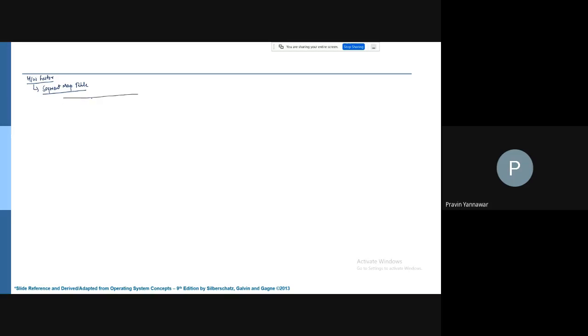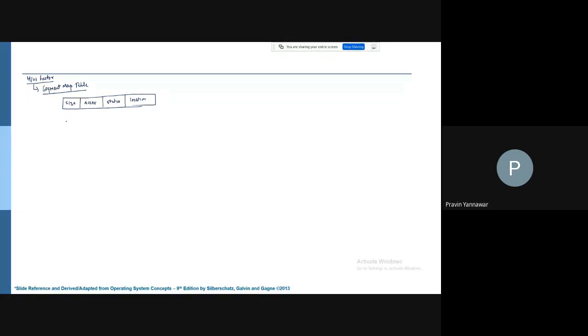So if you look at the structure of the segment map table, it contains 4 attributes. In case of demand paged memory management, we have only 3 attributes. Now here we have 4 attributes. So first is the size of the segment. Second, the access of the segment. Third is status, meaning whether it is available or not, loaded or not, and the location from where it is loaded into primary memory. Okay, this is important.